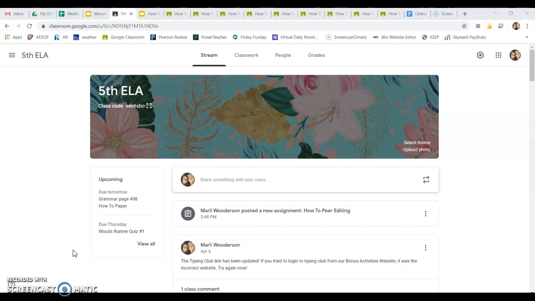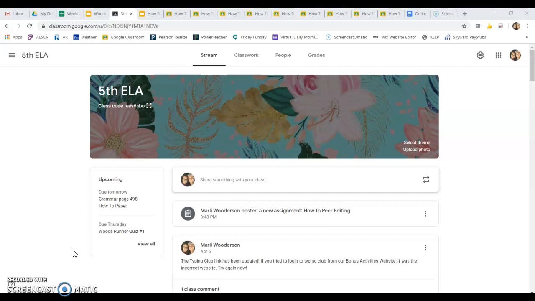So before you are ready for this step, you should have finished your sloppy copy, revised it with the rainbow revising paper, and submitted it to me. So I will check it, make sure that you went through all of the steps in the rainbow revising. If you missed something, I'll probably leave a comment on there asking you to make some changes, so go back and fix that. Once it is looking good and I think you're ready for a peer editor,